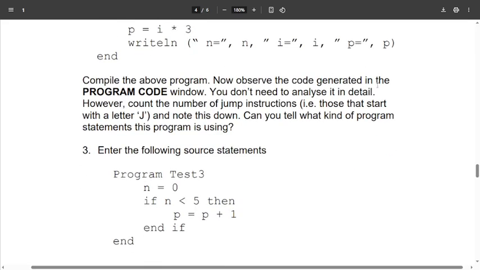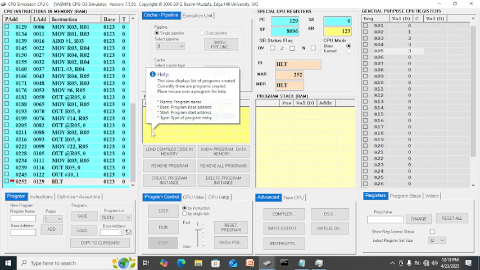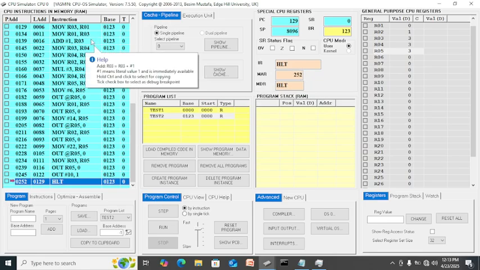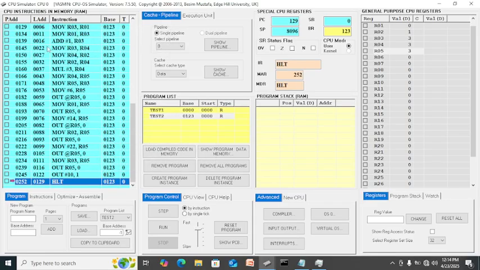Now observe the code generated in the program code. You don't need to analyze it in detail or count the number of instructions. For example, those that start with letter J, maybe it is telling you those that start with the out. Can you tell what kind of program statement this program is using? Write line. So you can analyze the code.